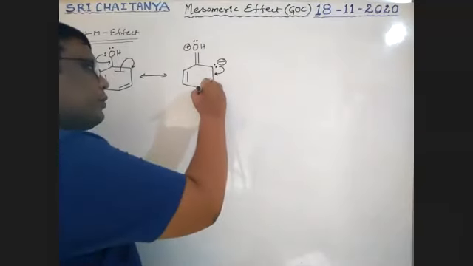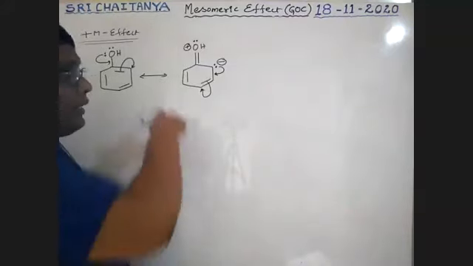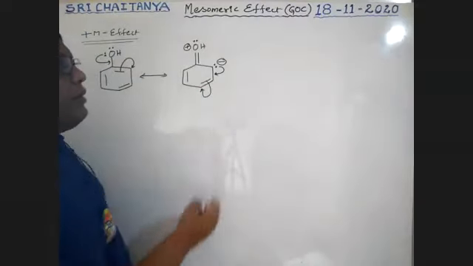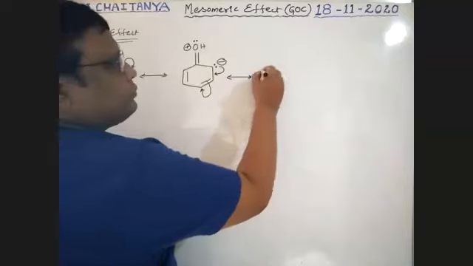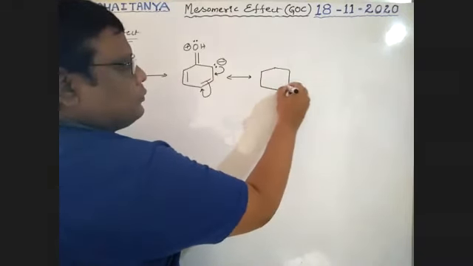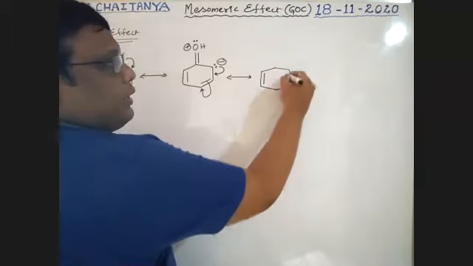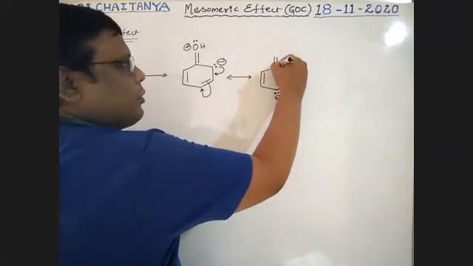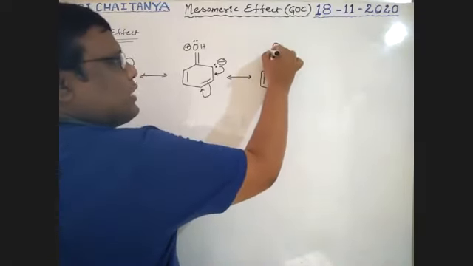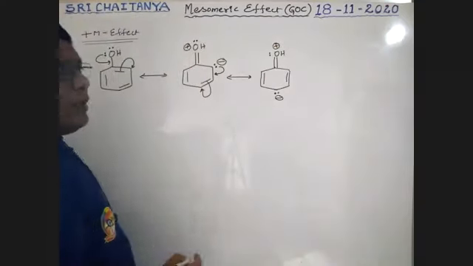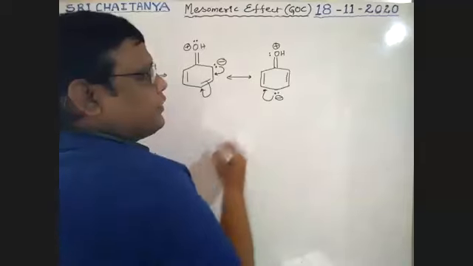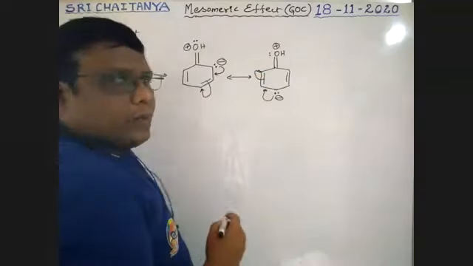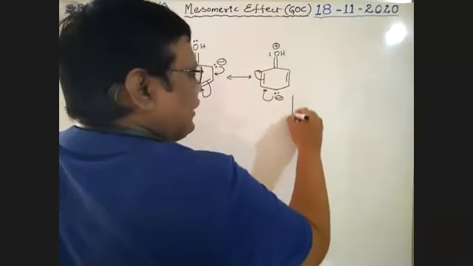Next, this pi bond is migrated to the next carbon. The direction is the same, boys, either clockwise or anti-clockwise; the direction is continuous. Now it gets this structure: a new bond is developed here and electron pairs are coming out, so that carbon gets a negative charge. It is a double bond to OH, with oxygen having a positive charge and one lone pair. Now this lone pair migrates between the two carbons as a pi bond, and this pi bond goes to the next carbon.